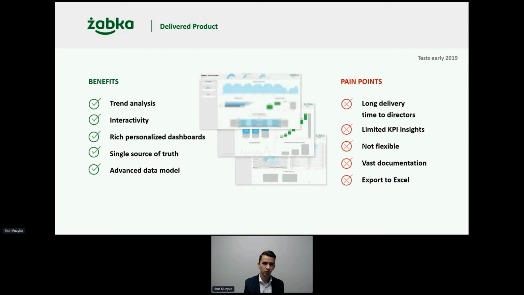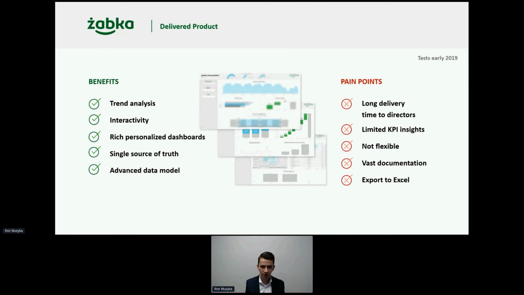Because when we saw this data, we understood that, okay, to have better insight, we need to add something, to add another measure, to add another KPI, to go deeper, to have a drill down, and our work in progress increased faster than we were able to deliver, because we decided to start big,